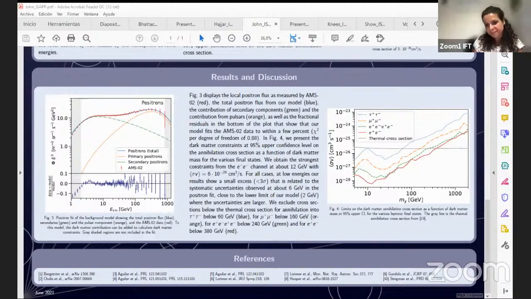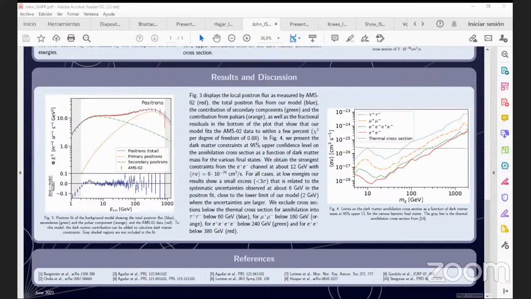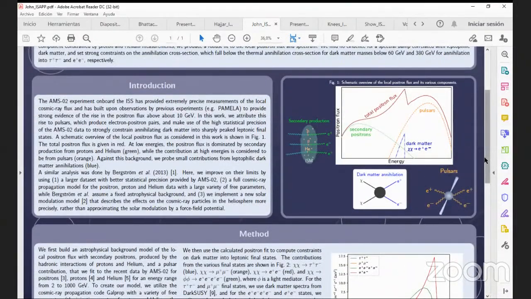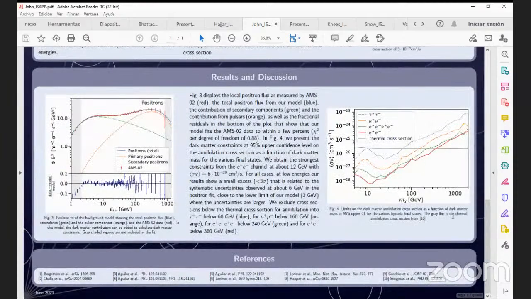Great, thanks. I have a question. How do you parameterize the pulsar contribution? I mean, do you use a continuous distribution of sources, or do you compute the expected flux from pulsars, maybe cataloged like in the ATNF catalog? So we use a distribution. It's in the references. It's by Lorimer et al. And so this is just like a general distribution in the Milky Way. So it's not like we consider specific pulsars. Okay, thank you.